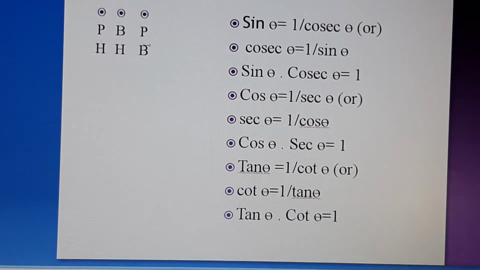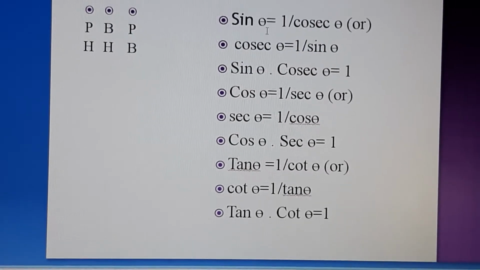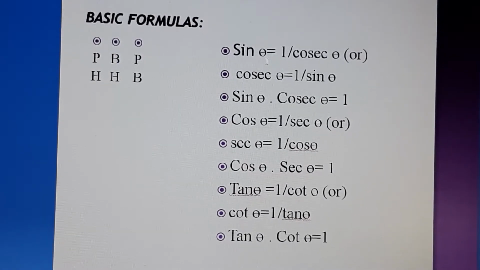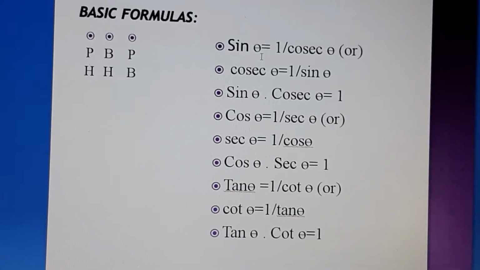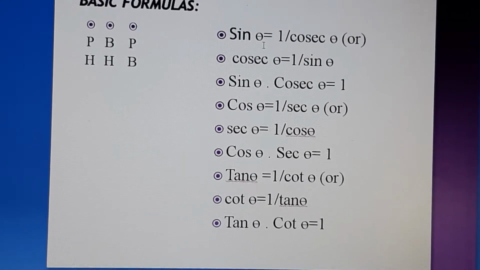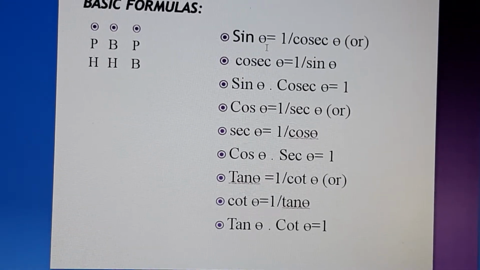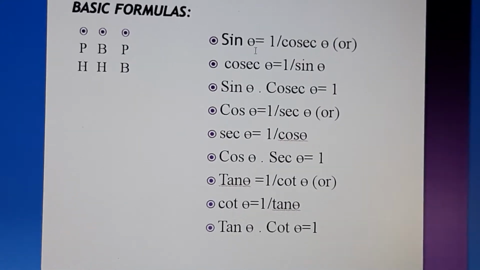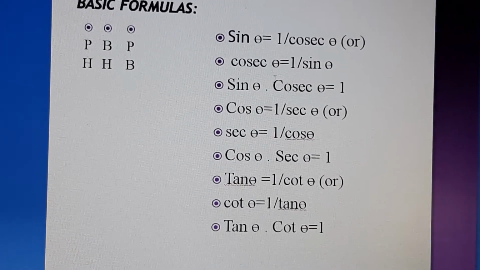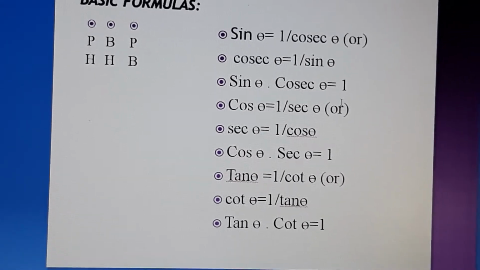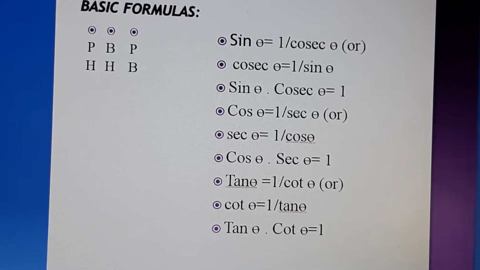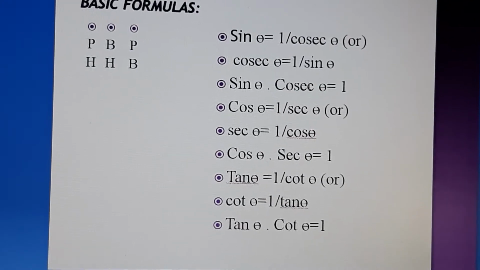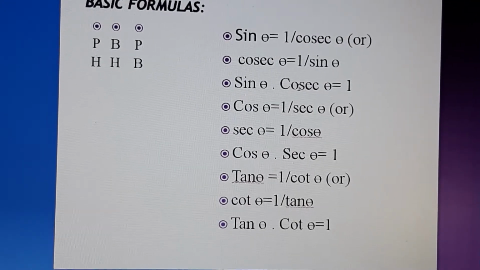It is very important to remember. Next, on this only we have some more short formulas, that is basic formulas of trigonometry. Sin theta is equal to 1 by cosec theta, or cosecant theta is equal to 1 by sin theta. So from these two, we can write sin theta into cosec theta is equal to 1. Obviously we can write easily. You remember these short formulas. Furthermore, to solve the 8.1 exercise, we have to remember all these things.